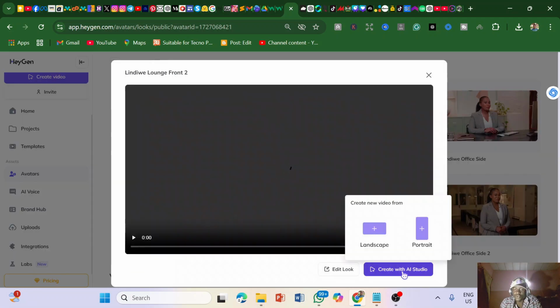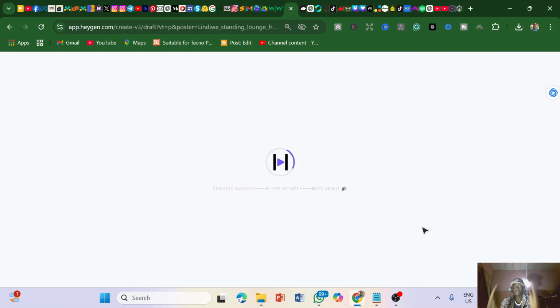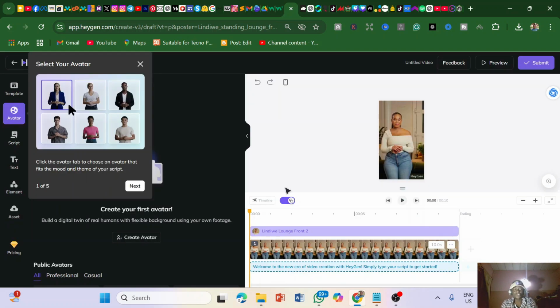And then what you're going to do is to hover here. Then you're going to choose whether portrait or landscape. We're not going to choose portrait for this because we want a vertical kind of video. So what we are now going to do here, pay attention here guys, is to bring in our audio.